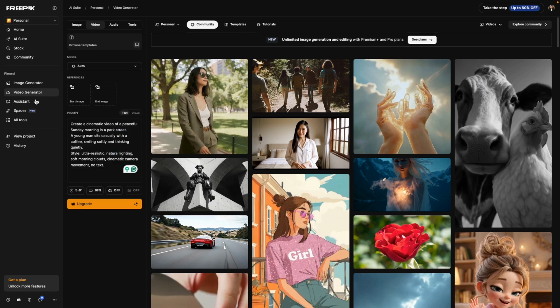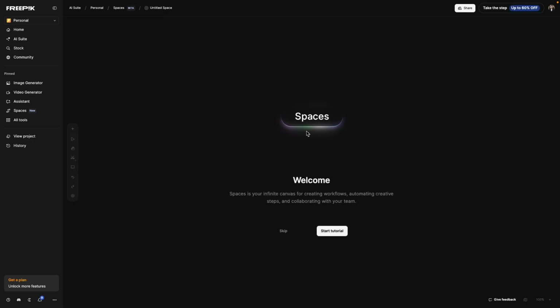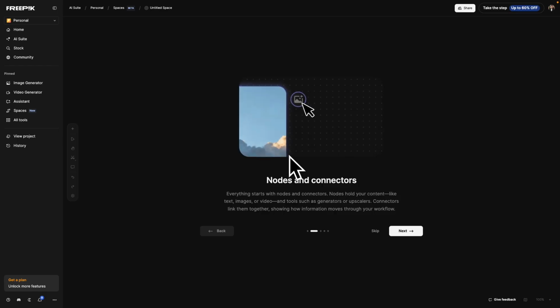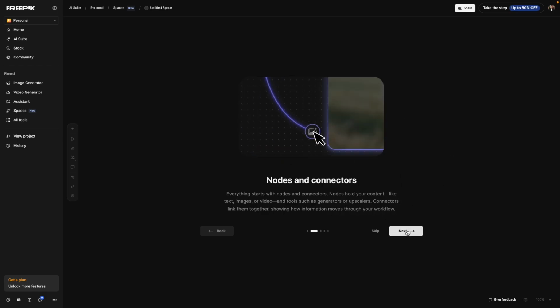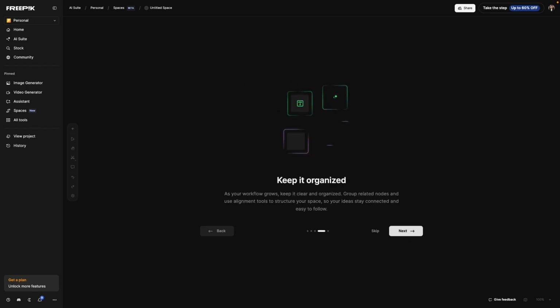In terms of innovation, Freepik doesn't really offer many standout video-first features. The most notable addition is Spaces, which works like a Weavy-style workflow for organizing assets. That said, it still feels early and limited, and right now it's more useful for images than for complete video projects. When it comes to the user experience, the interface looks clean at first, but it can feel cluttered, especially